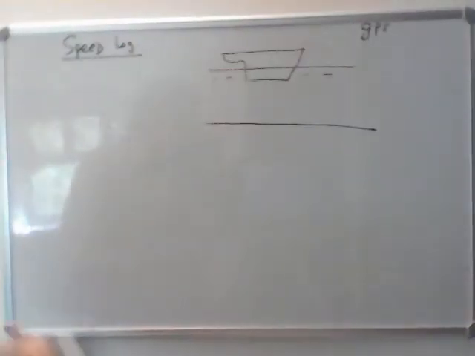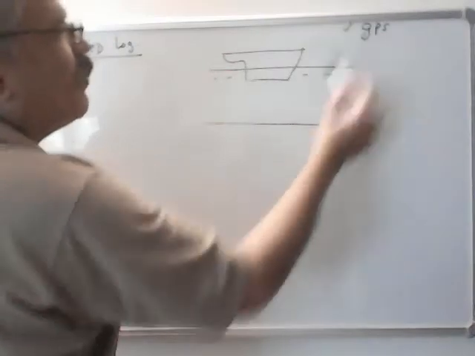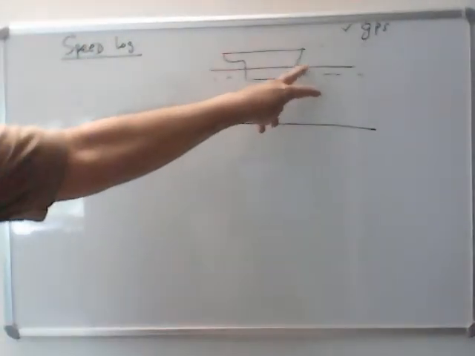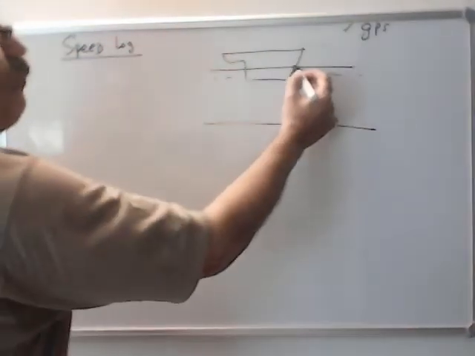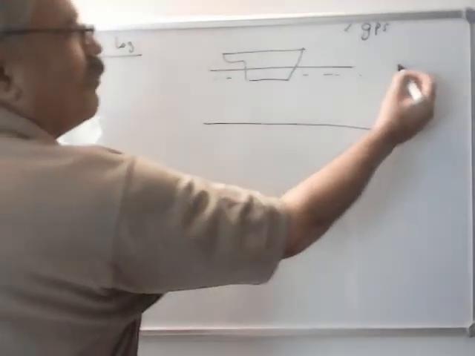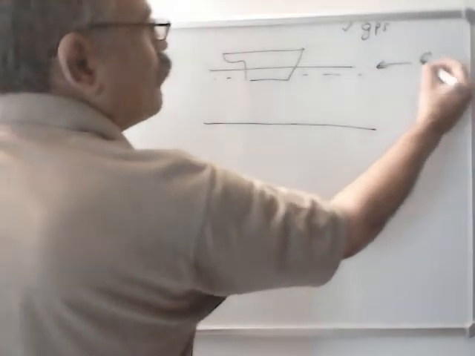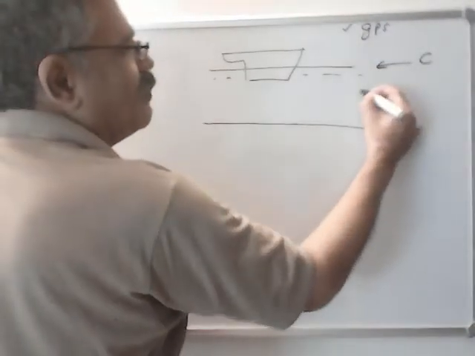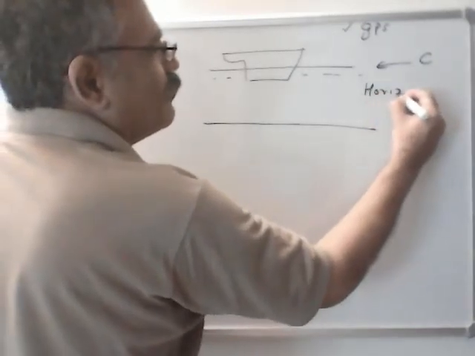Now when we are driving a car or walking on a road, we have only one type of speed, which is the GPS speed, because there is no water. But on a ship, since you have water and sometimes you have a current, current is defined as horizontal flow of water.